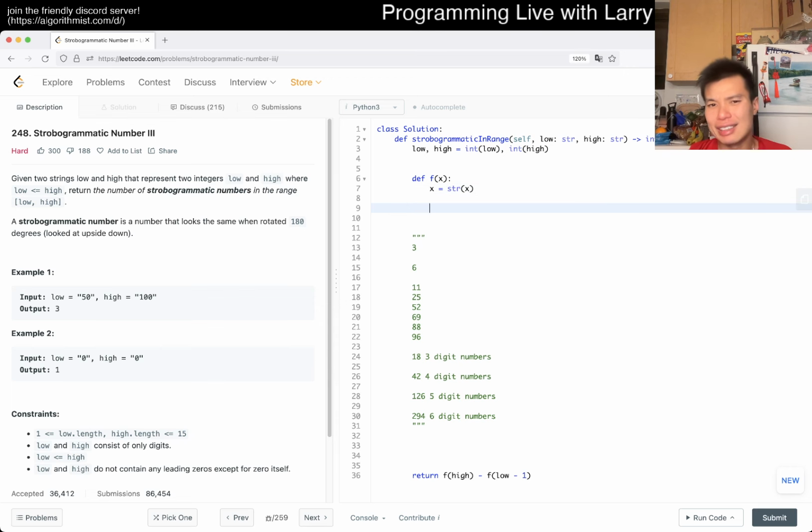So I know that there's a template that people really prefer for digit DP. I don't really know it because I don't memorize stuff, or at least I don't if I can help it. But I do remember the concept, right? So the way that I write it is I break it into 2 parts. One is just to get the number of things with the number of digits, right? So basically,